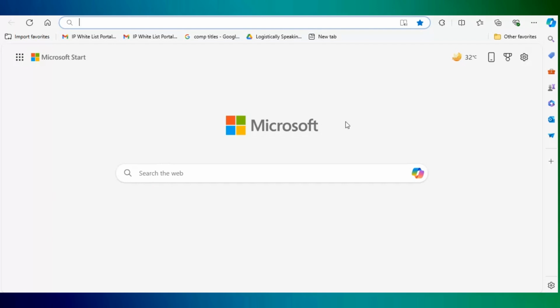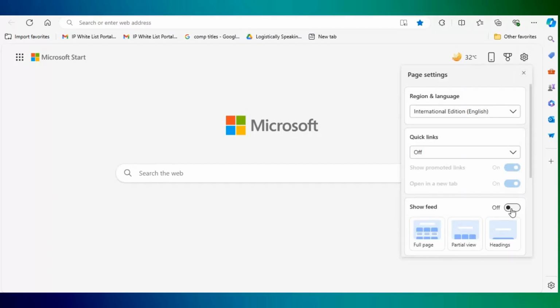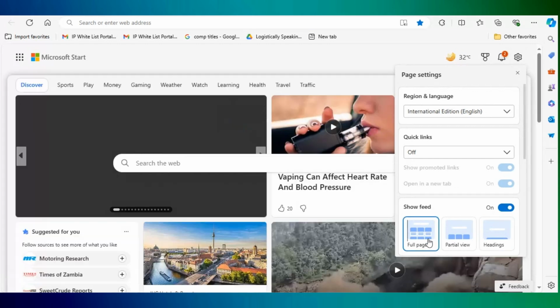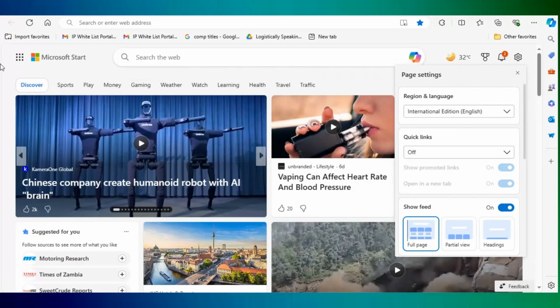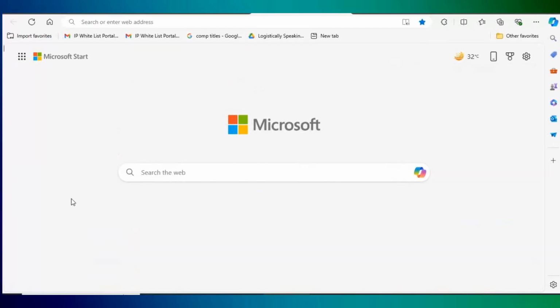However, if you want to get Microsoft news back on your home page, you can simply toggle on the Show Feed option from Settings. Well, there you have it, an easy-to-understand tutorial on how to turn off Microsoft news in